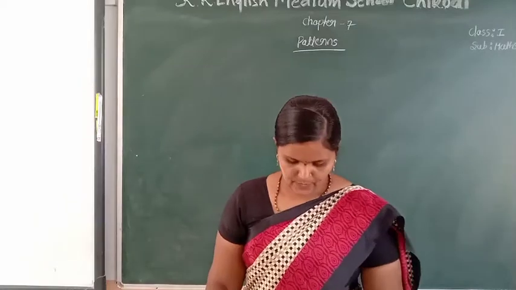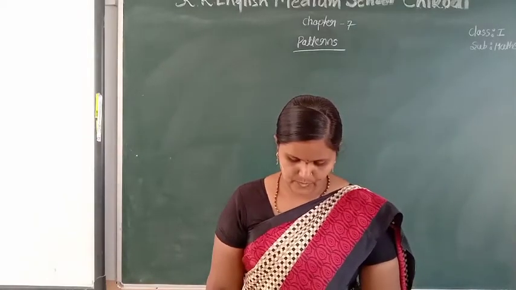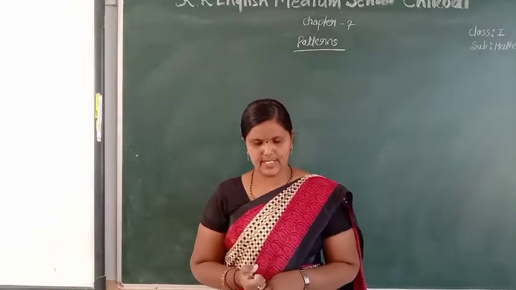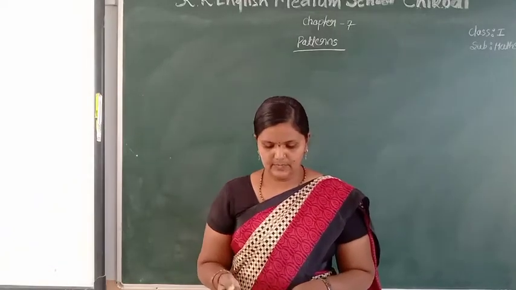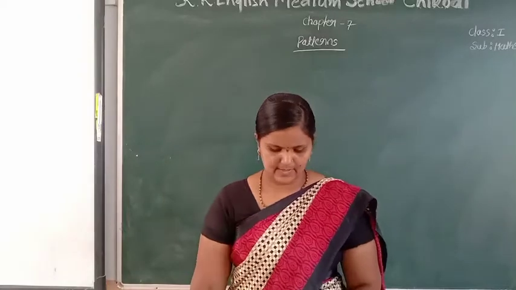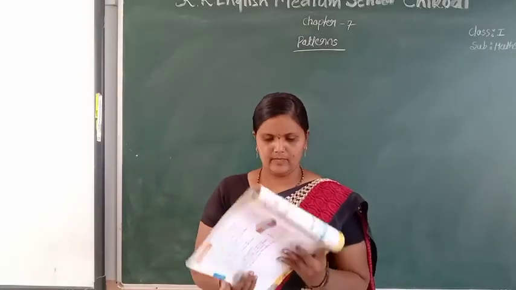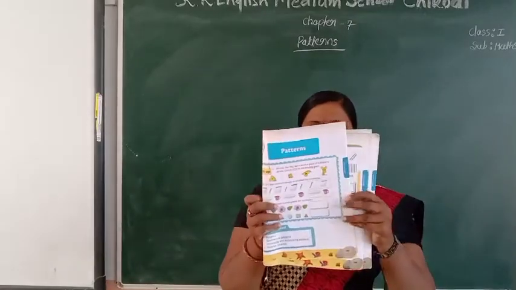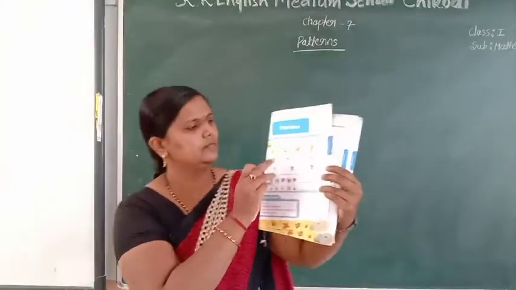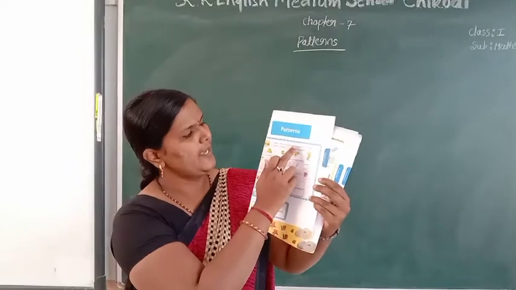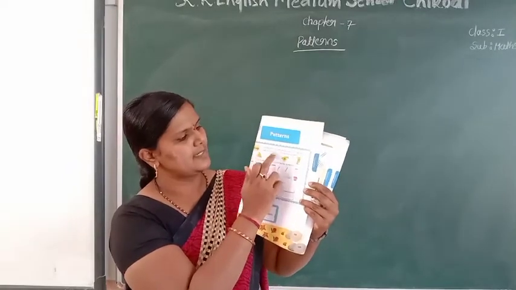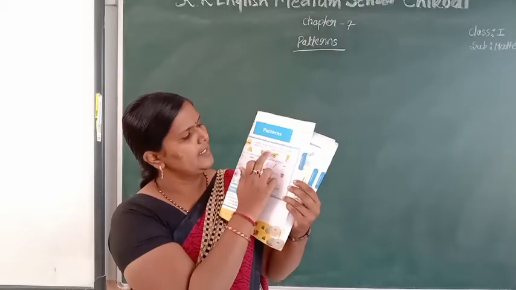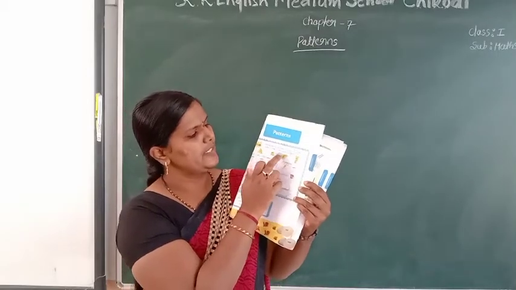See here, first one, warm up. Bruto, the rat, has eaten a part of Fabina's dress. Circle its matching part. See here in your textbook, the rat has eaten a part of Fabina's dress. Here Fabina's dress is there. One part is eaten by the rat. Okay. Which is matching? Its matching part.